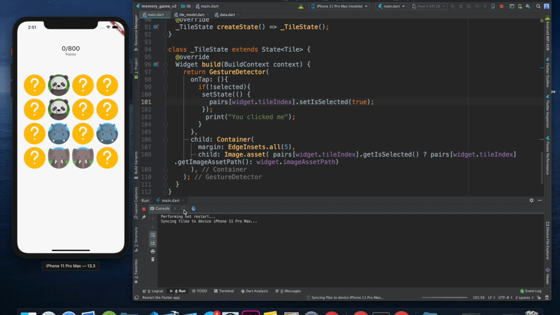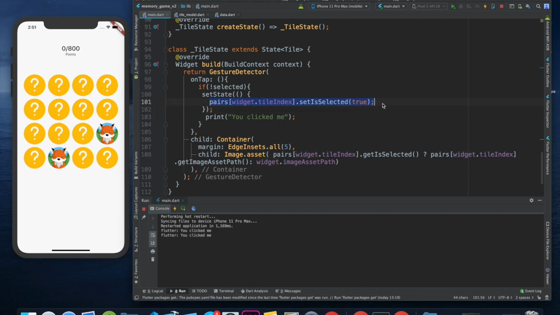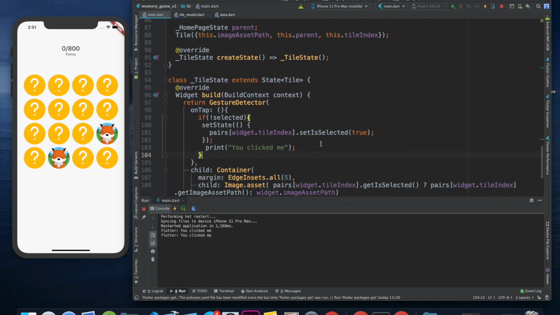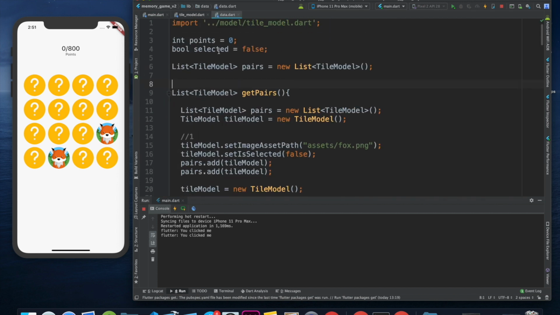So let me restart it again, and hopefully it should work. We will click these, just for test purposes. If I click on this, okay, it's working perfectly fine. We are basically updating these on set selected, and over here we are checking that. Once that is done, what we want to do now is check that when we select a particular tile and then a second one, are they the same or different? So how are we going to do that? We are going to go to the data file,